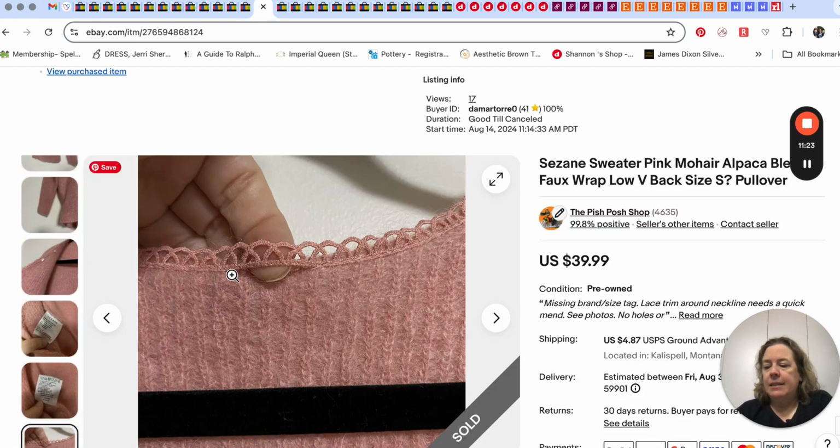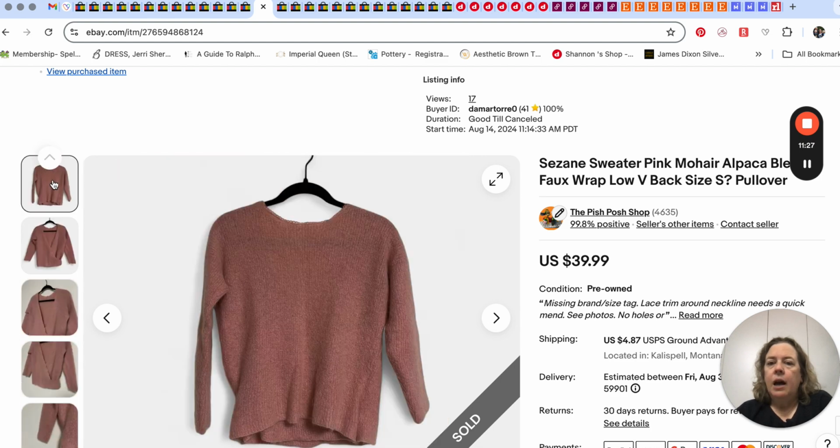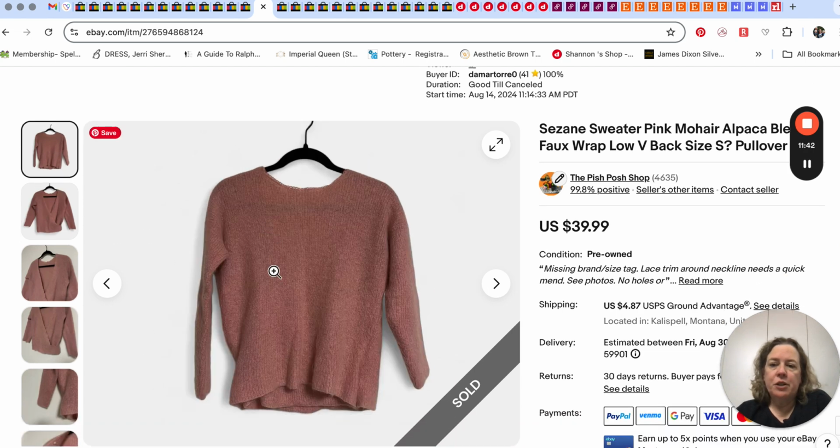Here is a nice little sweater. Now I could feel in the racks that this was a very nice feeling sweater. It turned out to be a mohair alpaca blend, but it's interesting because this